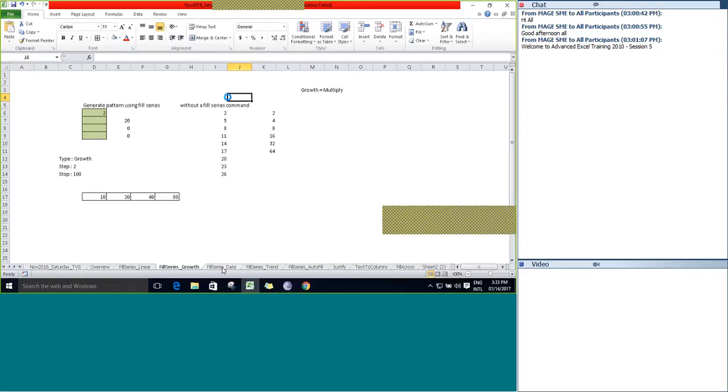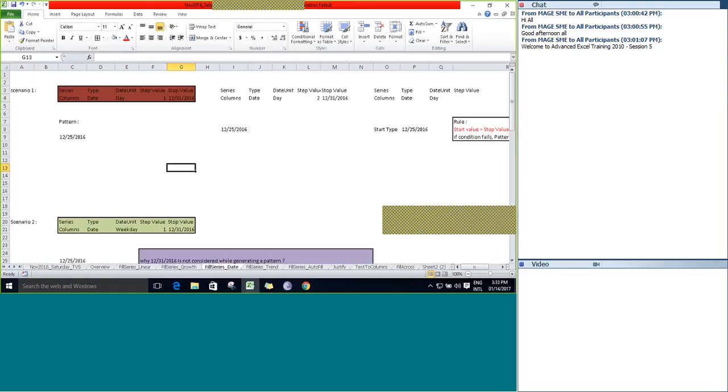So let's move to the next topic here, fill series date. Fill series date gains more importance because we are going to discuss more scenarios with different kinds of date units. So let's start with the first scenario with this particular type.